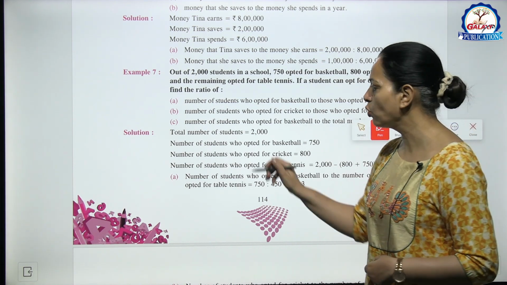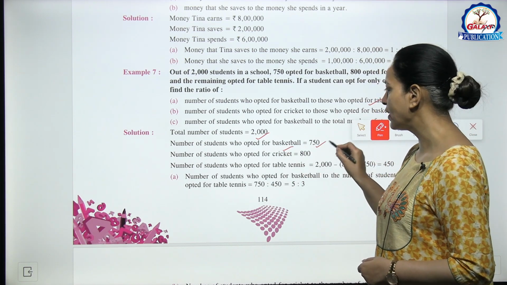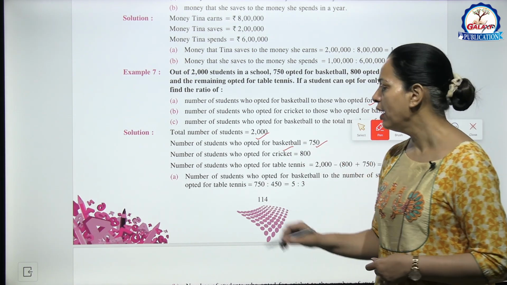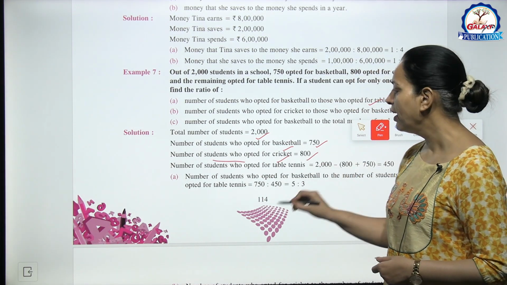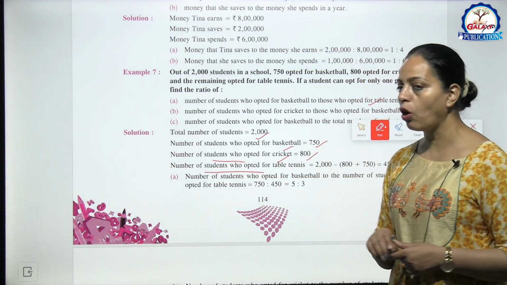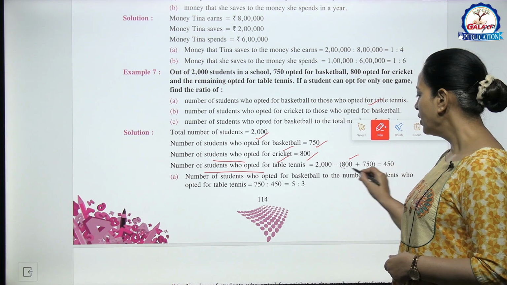So first write total students 2000, number of students who opted basketball 750, number of students who opted for cricket 800 and the remaining students who opted for table tennis 2000 minus their sum,